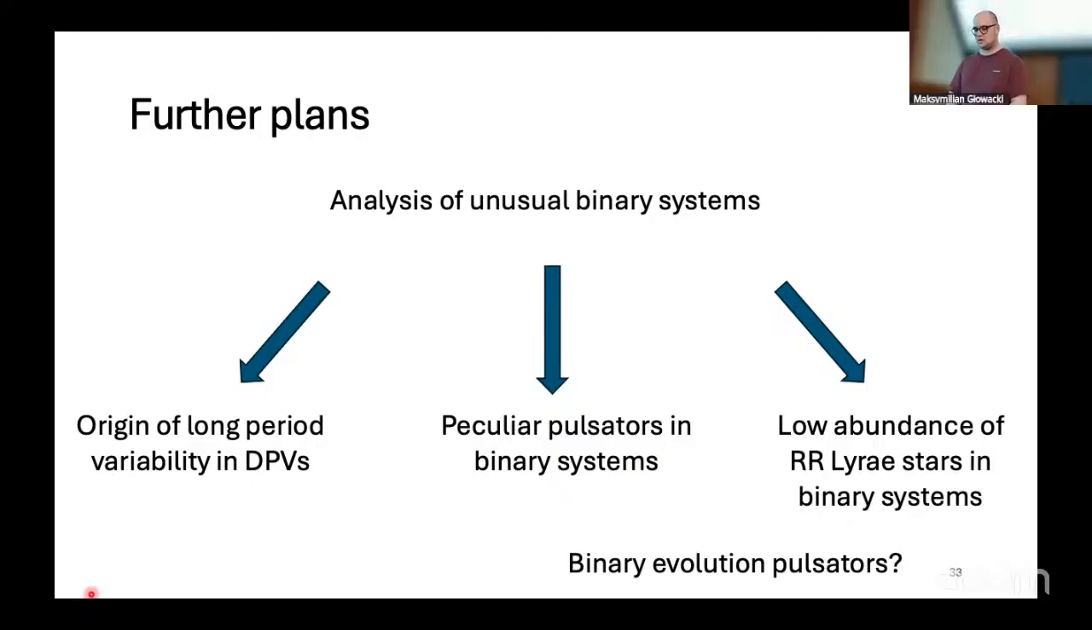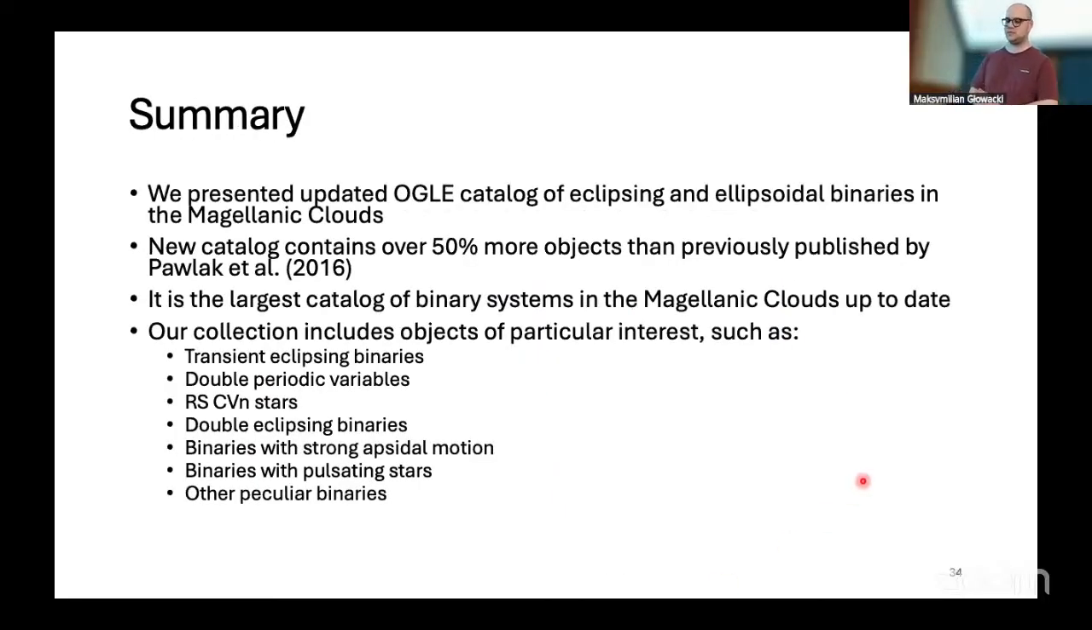To sum up, we presented the updated OGLE catalog of eclipsing binaries. We have more than 50% new objects in comparison to the catalog published in 2016. This is the largest catalog of binary systems in the Magellanic Clouds to date, and contains 75,400 objects, and our